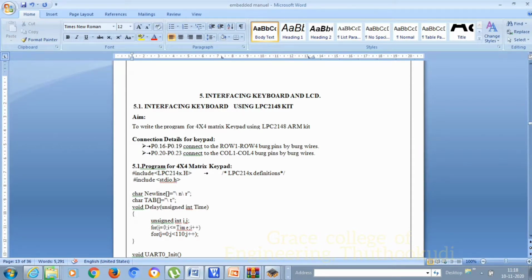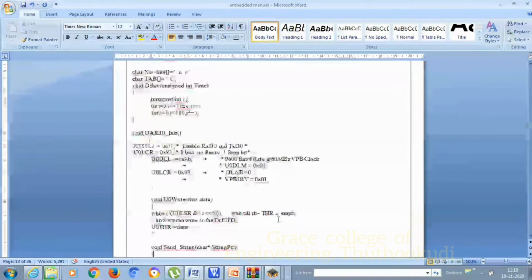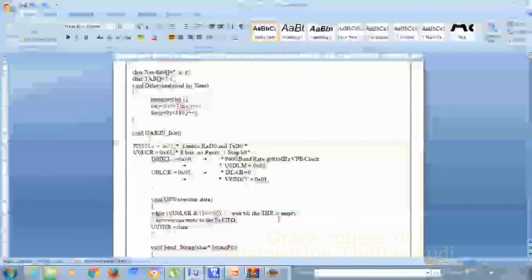For that we are creating an array with the string in order to show the keypad string. Therefore we are using char newline and char tab in order to enter the next key detail with some tab spacing. Then a void delay function is given in order to give some delay for reading the key and displaying the data in the hyperterminal window.